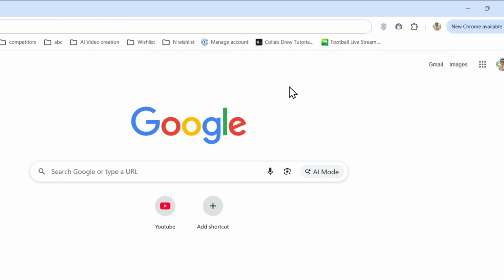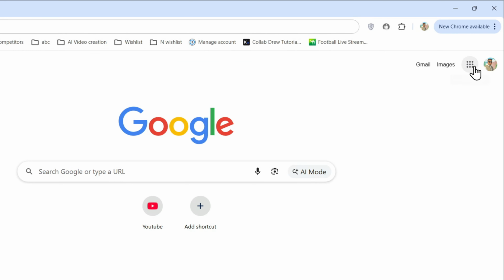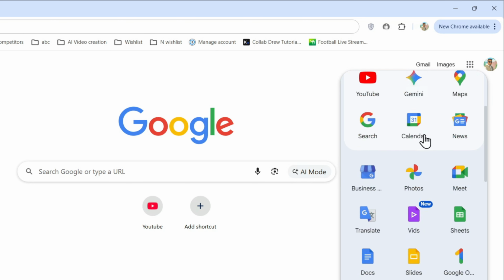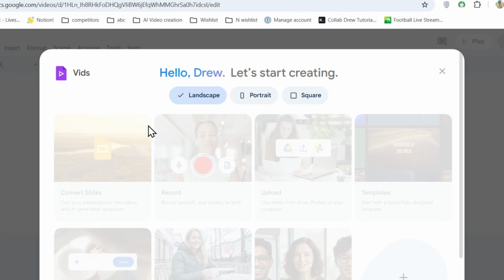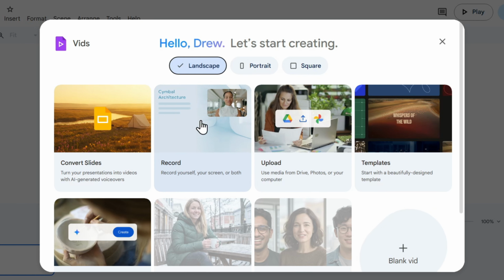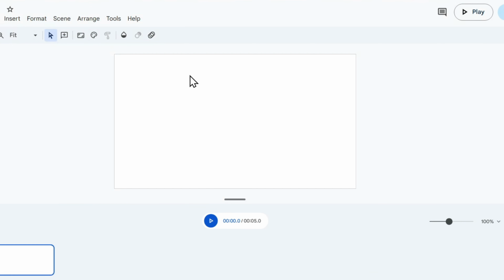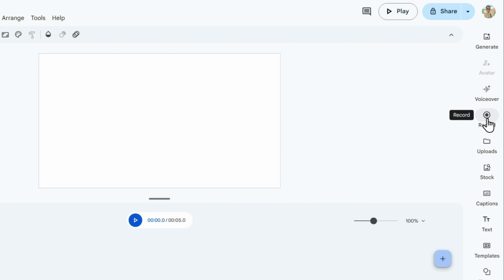screen with Google Vids. So once you're inside google.com, click the apps on the upper right, then from here scroll down in the list and you'll find Vids. Click on that. And so you'll see a pop-up right away, record your screen. You can choose this option, or if it's closed, you can also find a record